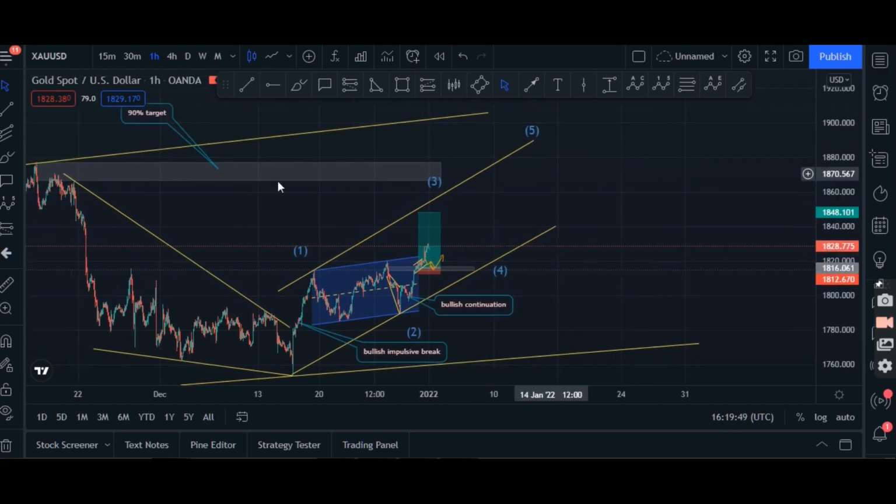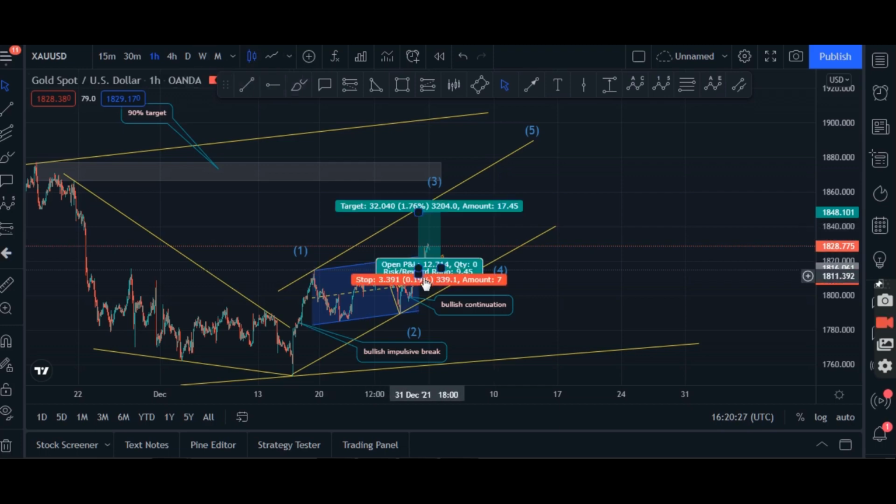This buy that I had, because what I was looking at was we already came down from a descending wedge, guys, and then we broke out, and impulsively broke out massively, which was really beautiful, and then gave us a continuation pattern over here. And then over here on the smaller time frames, I spotted a descending wedge, which then broke out of our resistance as well. And then if you know the formula, guys, you know when a market breaks out of a resistance, it becomes a support, which means it retraces on top of it and then continues to the upside. So that's basically what I spotted over here.